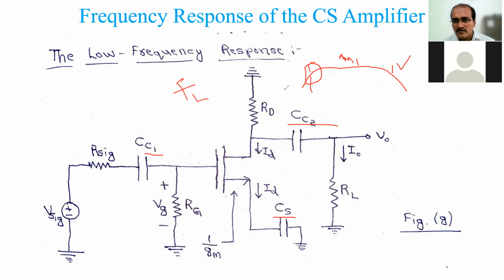So this is the circuit already. I have not shown the main circuit; Figure A is already there with you in your notes, which has the main common source amplifier. Now I have reduced this circuit for my low frequency response. In low frequency response, the coupling capacitors and bypass capacitor do not become short circuits. They act as part of the frequency selective network, so that's why they are considered now.